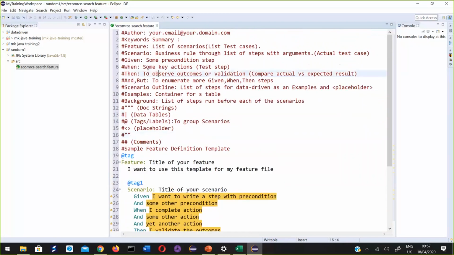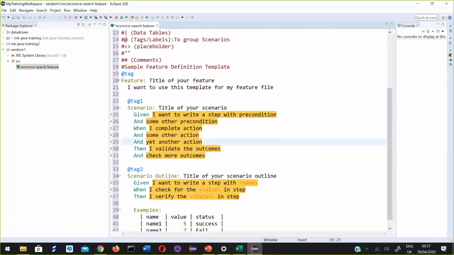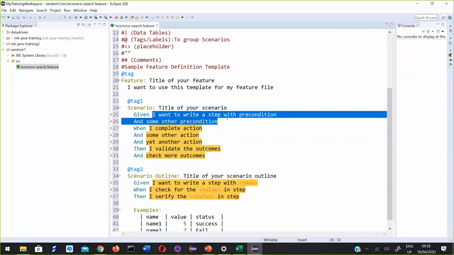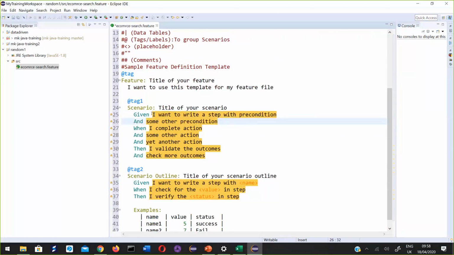Okay. Similarly, suppose there is more than one precondition, then see what we are doing. Given has two test steps, right? That means it has more than one precondition. This is one precondition. This is another precondition. If there is more than one precondition, they should be separated with AND.